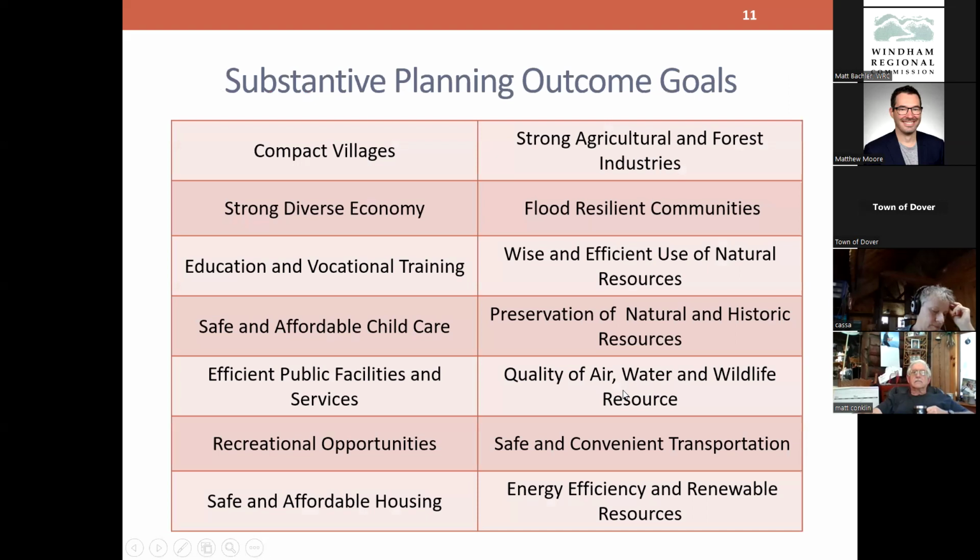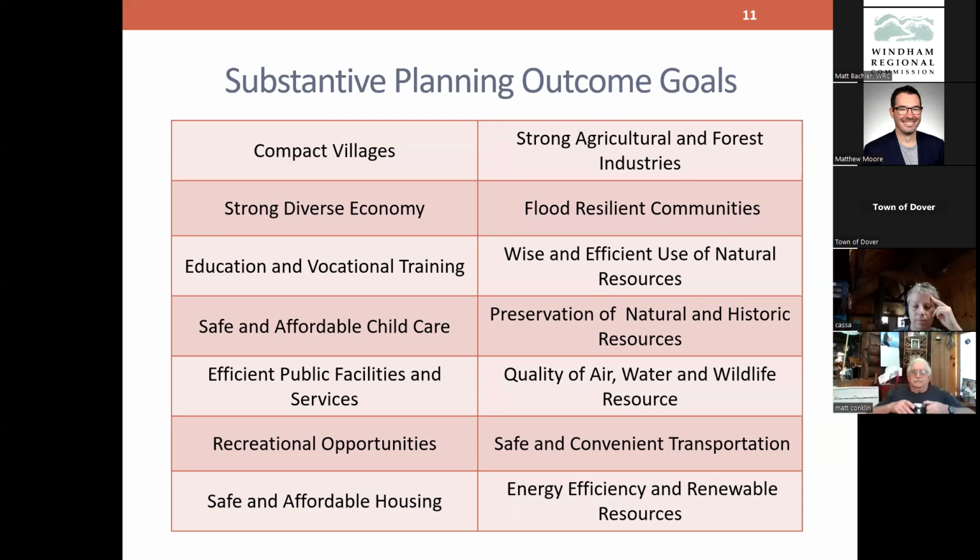Let's see. So this next slide shows the planning outcome goals that the state has. So there are 14 statewide goals in state statute. And the statute provides more details on each goal, but just to keep it more succinct here, for the town plan, the state is looking for the town plan to